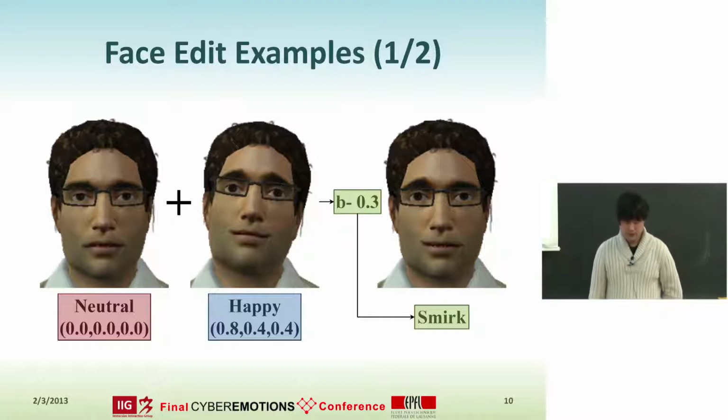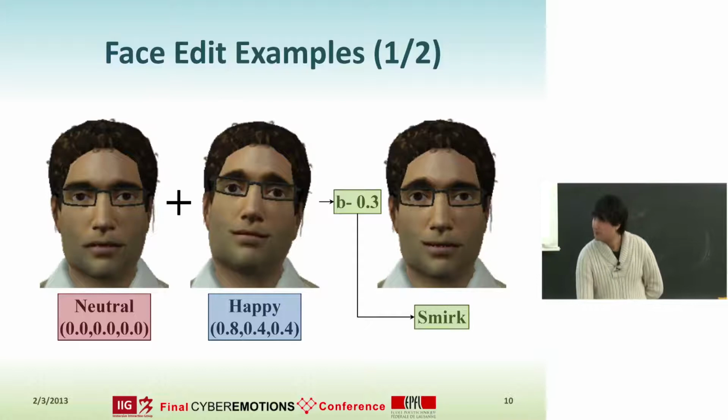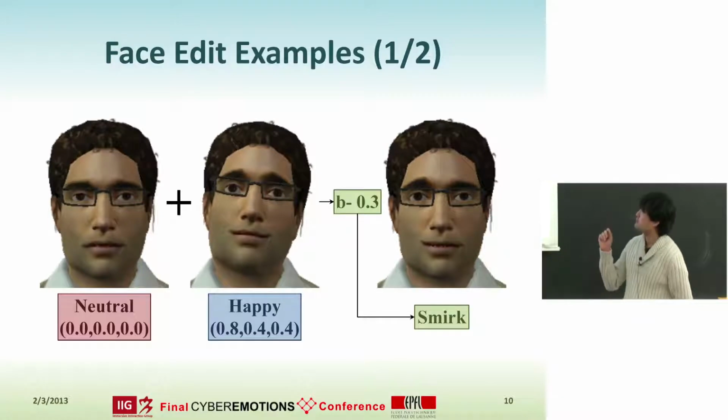First I will show you how we make a smirk expression. We combined a neutral face for the left side of the face and a happy emotion for the right side of the face. And we bias a little bit more to show happier on one side. Finally, we get an expression where the lip corner goes slightly up on the right side of the face, which gives a smirking expression.